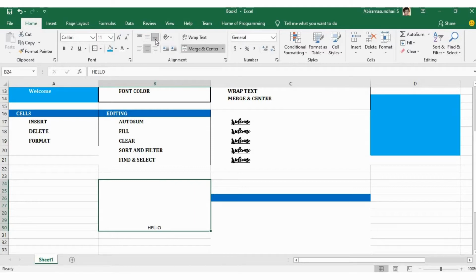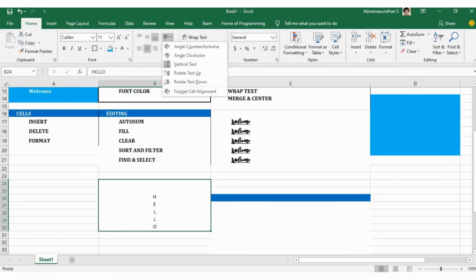After that, if you want to make your text diagonal, we can use this orientation icon. In that, you can make your text diagonal either clockwise or anti-clockwise. After that, if you want to make your text vertical, we can do that.